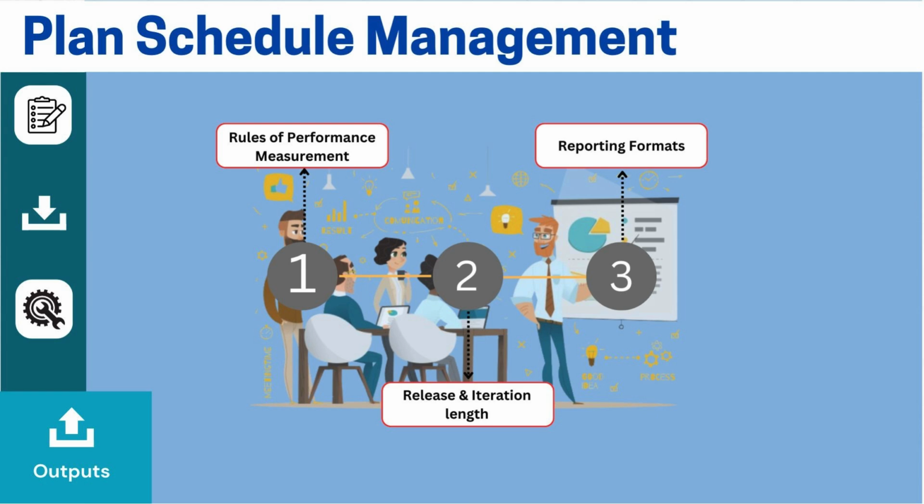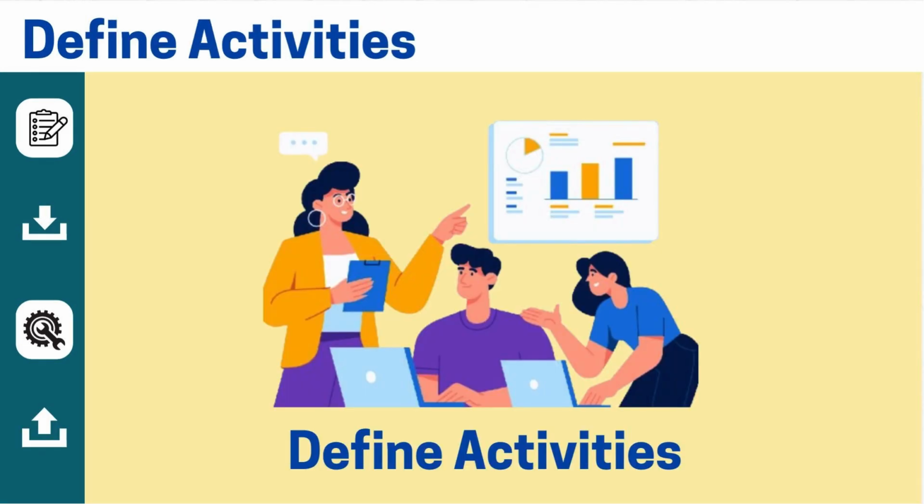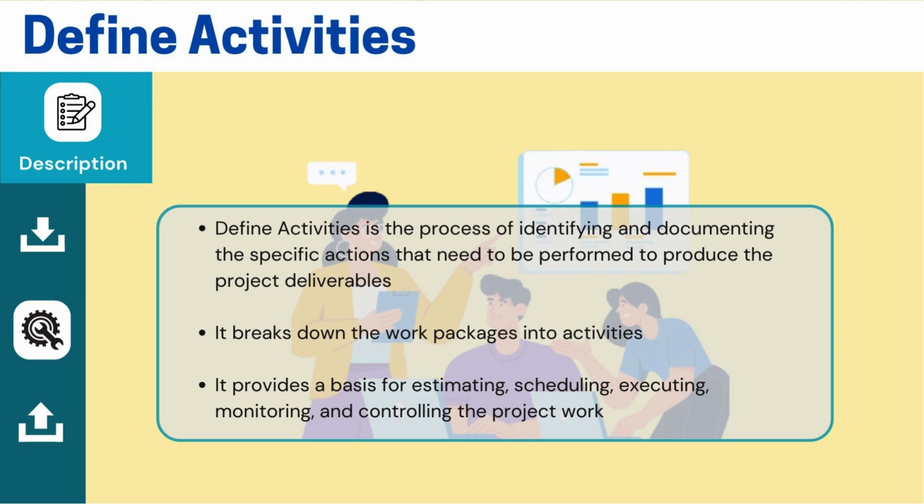Now, we are moving on to the next process, which is about defining activities. Once we have the plan in place, how are we going to approach schedule management? What's the plan for doing that? Then, I can get started with the first activity, which is defining activities. That's another important process that we need to work on. This is the process where we come up with various activities by referring to the scope of the project.